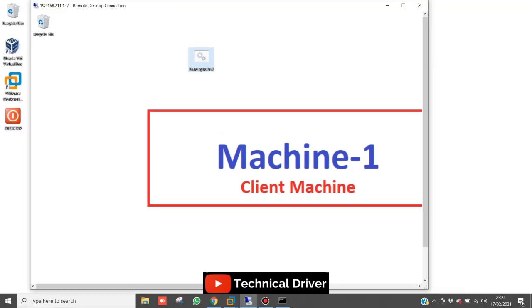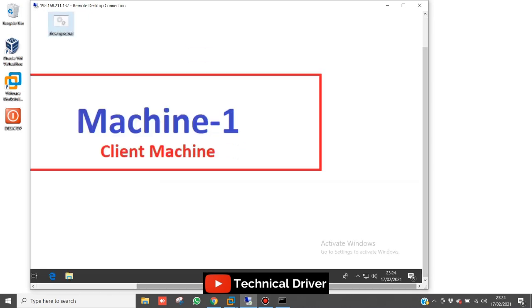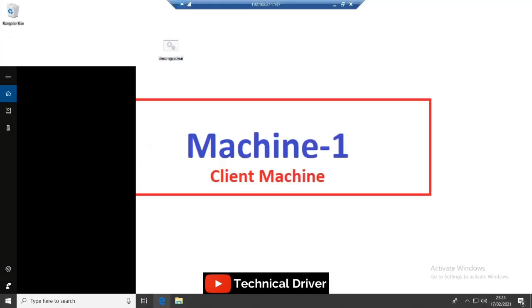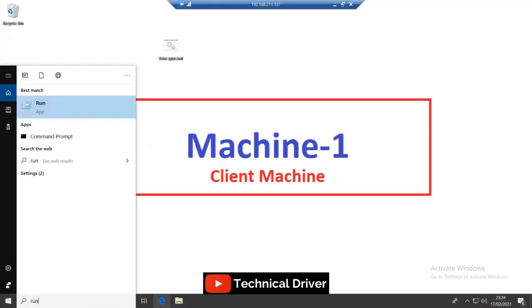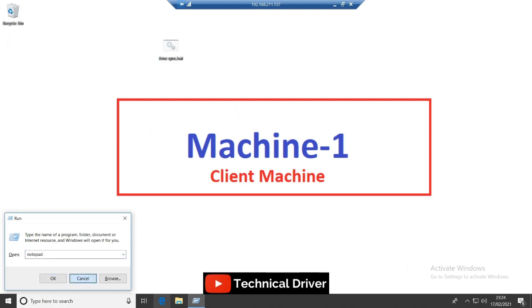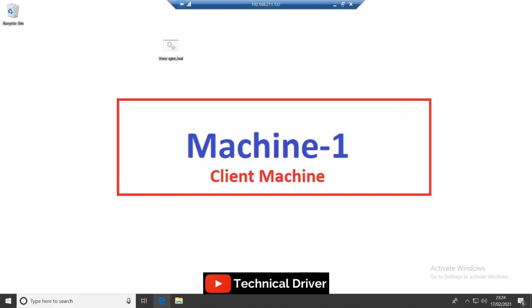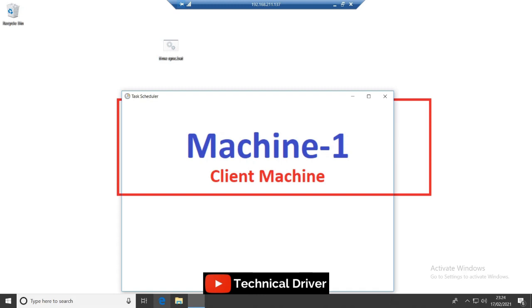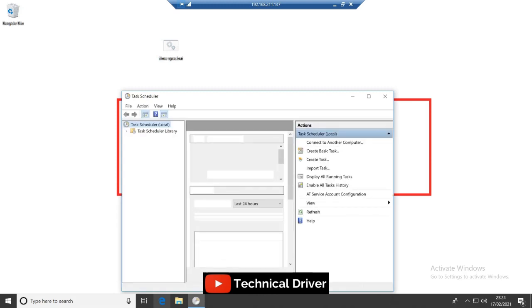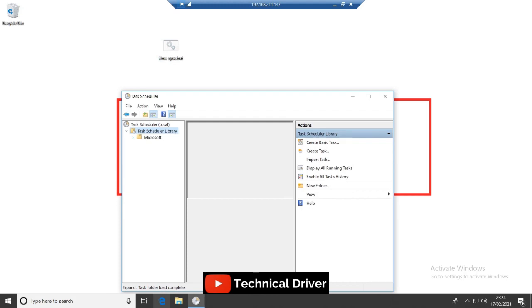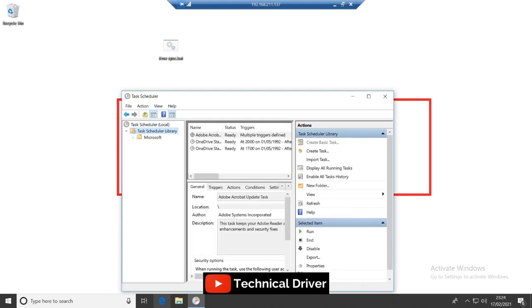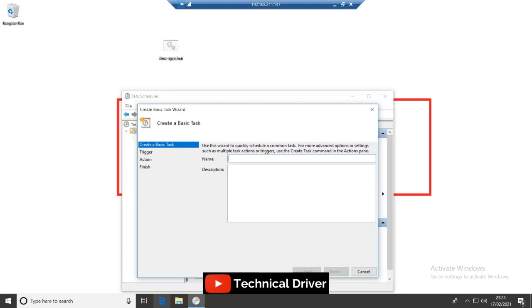So guys, I hope you understand. Secondly, this is the main process. I'm going to show you how you can easily schedule this batch file. So guys, you have to open your administrator account, because administrator privilege is needed to set this batch file. If you add this batch file without any administrator privilege, it will never run. So guys, you have to open the task scheduler, and you can create a new basic task and name it Time Sync, or as per your wish.